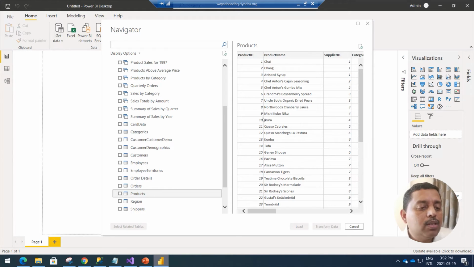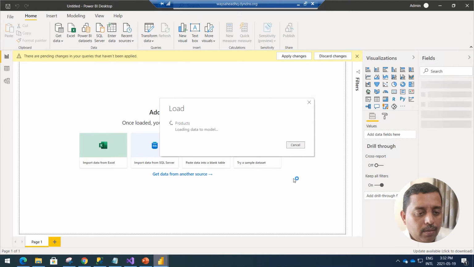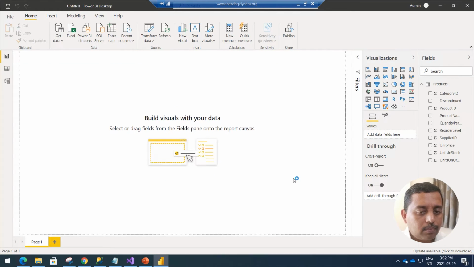So now what happens is you take up any one of these data sets. Suppose you say that I want product. What I can do is I can straight away click on this option called load, and Power BI will load this data. 77 records. So now you can see this is the first time we are loading data into Power BI. As a part of our data preparation, we will be learning preparation in detail, but this is just to understand how do we connect to different data sources.